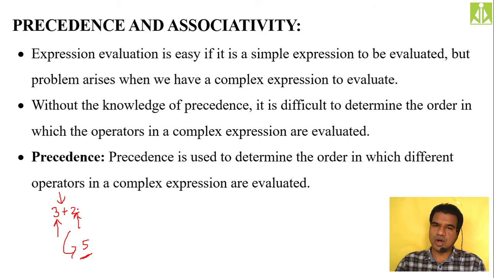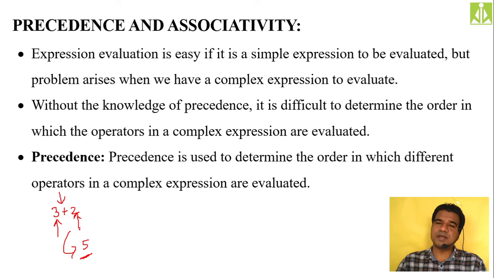3 and 2 are operands, and the plus symbol, the syntactical token, is the operator. So if you have only one operator in your expression, we call this expression a simple expression. The reason is that there is no conflict or confusion in evaluating that operator. As we have one sole operator, you can simply evaluate it to get the final value. So that we have done over here. We got the value 5. This is in the case of a simple expression.